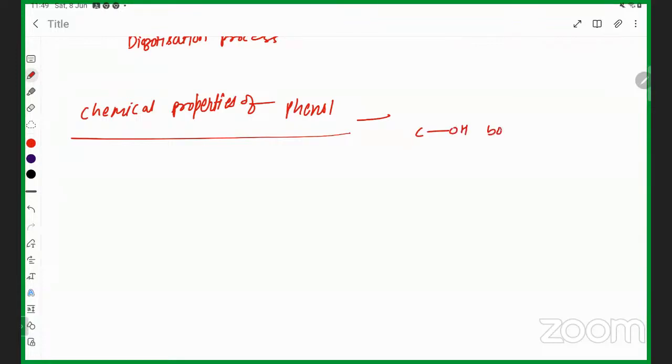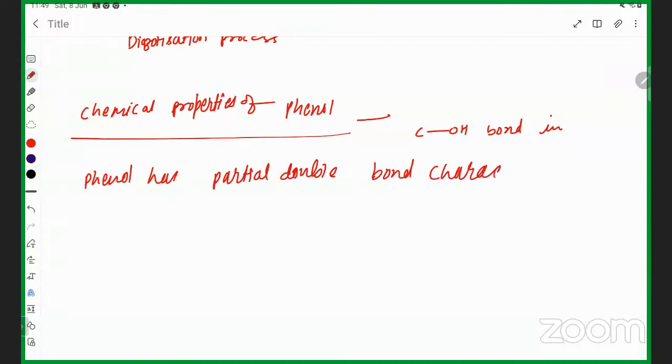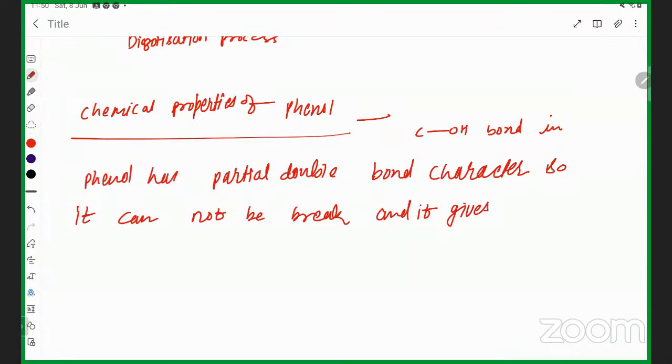Okay. So, the C-OH bond in phenol has partial double bond character. So it cannot be broken, and hence it gives only